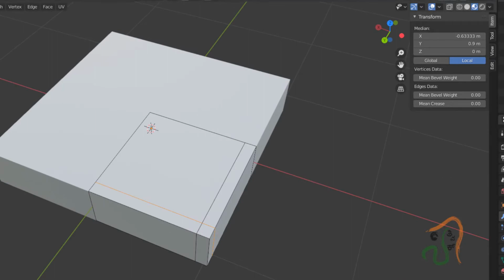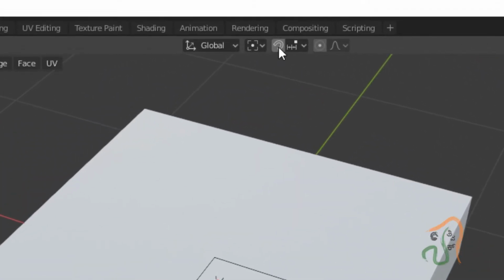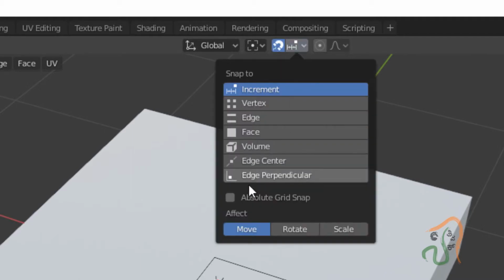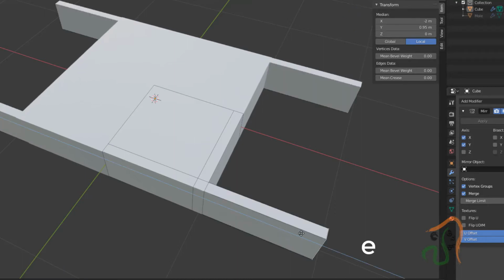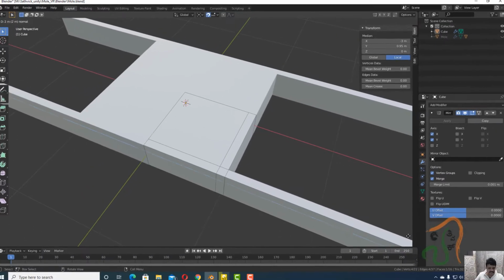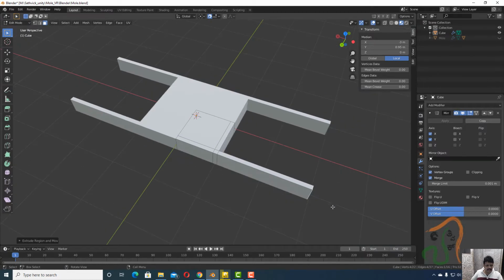Now next here, come back to the top here, and you have the snapping tool. Switch on snapping, and in snapping select absolute grid snap. Okay, so with this selected, now press 3 and come to face mode, and now select the face over here, that is the face we have at this edge. Press E and extrude it. Okay, so we can extrude it by two places like this. Since it is snapped to the edge, we have extruded it by two, that is two grid levels here.